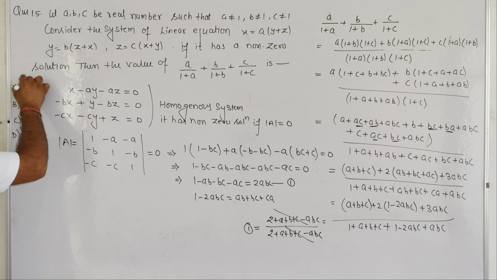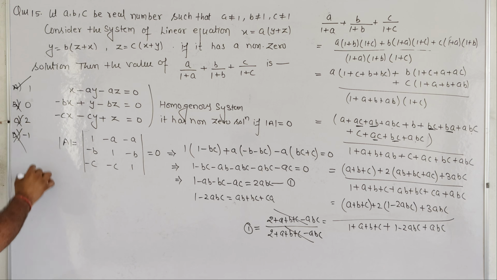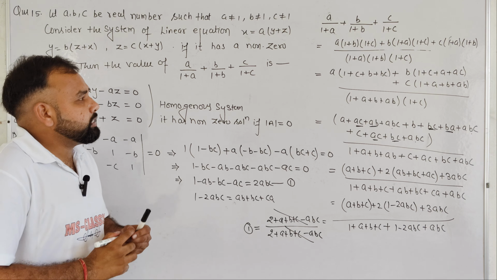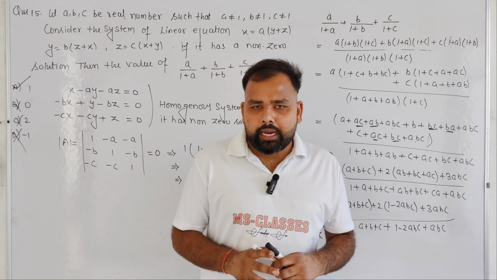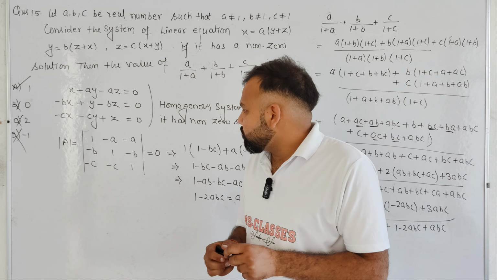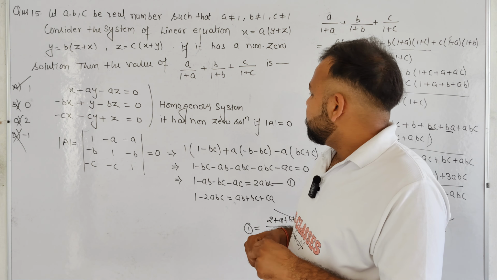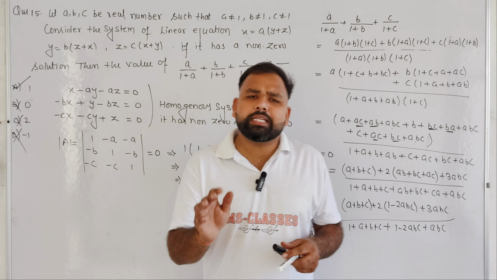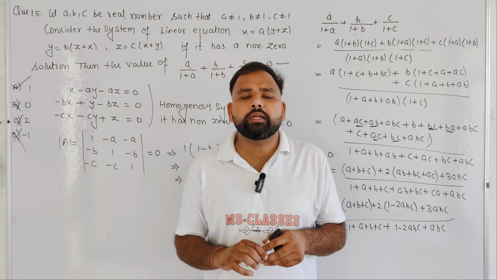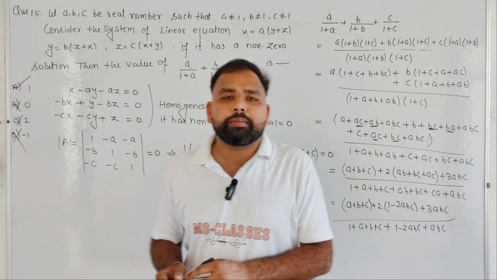So option A is correct, remaining options are incorrect. Okay student, that is the methodology behind this question. This is a basic question, and you can also calculate. Okay, that is the correct way, the easiest way and correct way. Okay student, so our next question, question number 16 is,